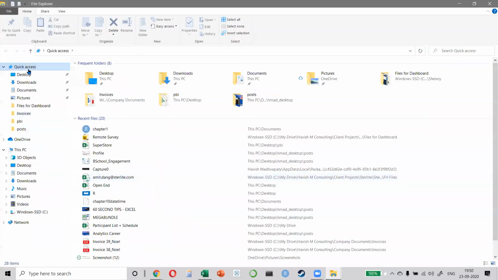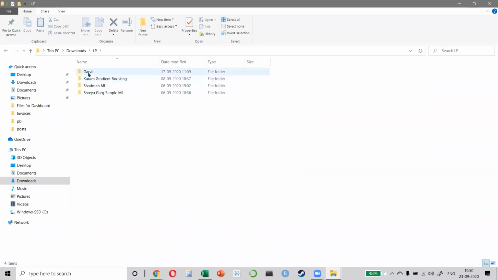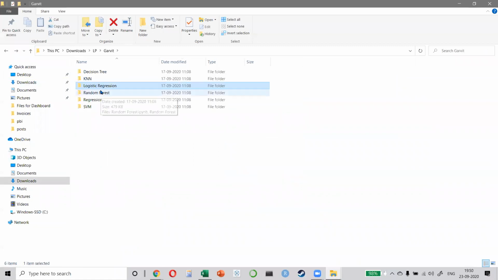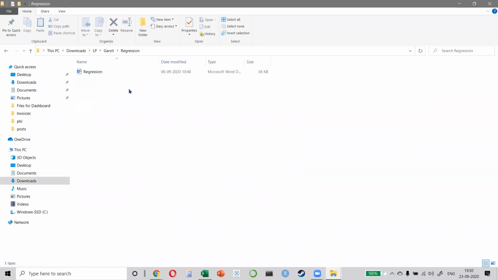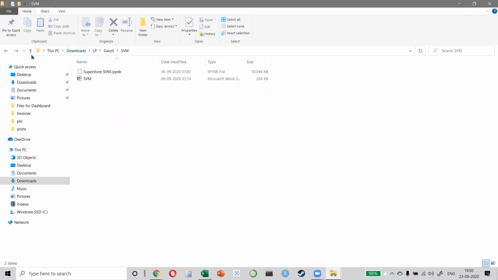In fact, if I show you, just look at this. KNN, logistic regression, random forest, regression, support vector machines, everything has been done by students there, right? And there's even more. If you look at this, these were students who 1 year back did not know what programming was. Shadman is an IIT Roorkee MBA student. He did his winter internship with me in November and December.